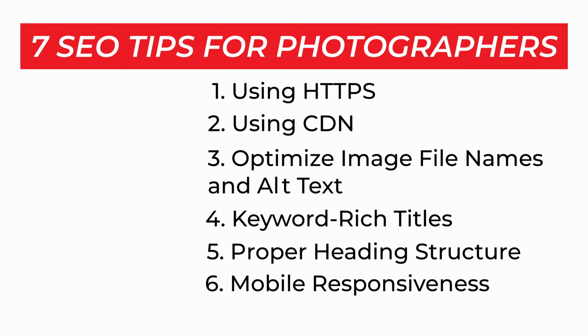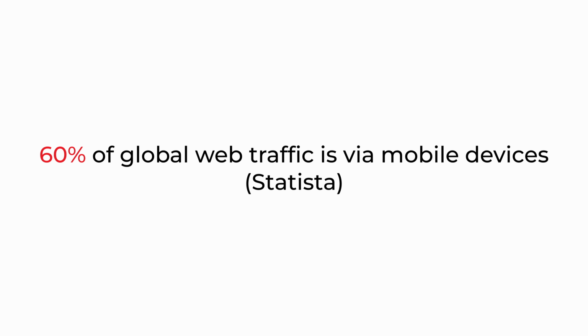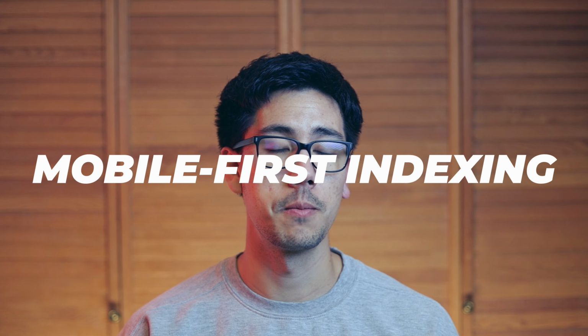The sixth SEO tip for photographers is to ensure mobile responsiveness. A big part of optimizing your website for search engines is to ensure it's mobile responsive. In fact, almost 60% of global web traffic was via mobile devices, and that's only increasing. Also, Google and other popular search engines use what's called mobile-first indexing. This means Google will crawl websites from the eyes of a mobile browser and use that mobile version for indexing